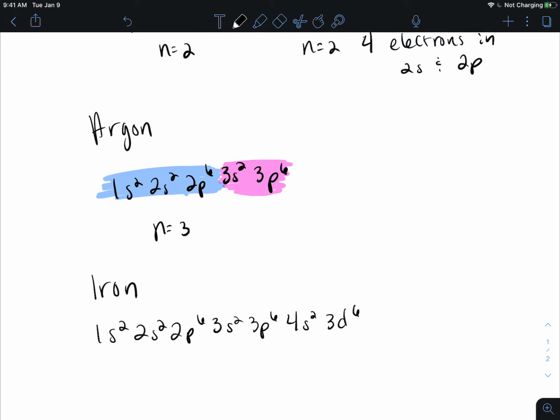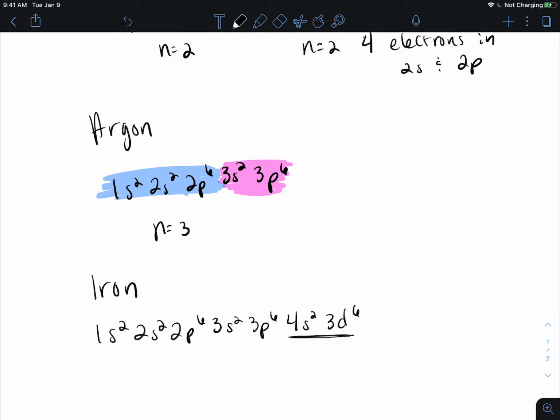I said that the max n value gives us our outer shell electrons, but that is not true if we're talking about a transition metal. With a transition metal, because our 4s and our 3d overlap, we're going to actually have to